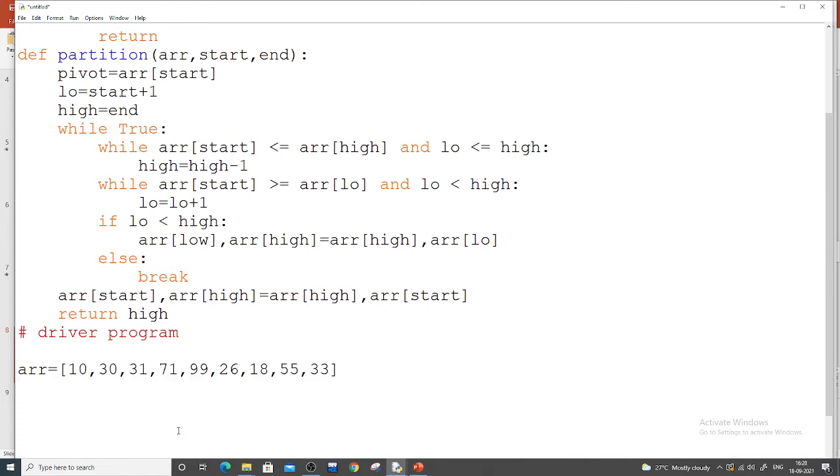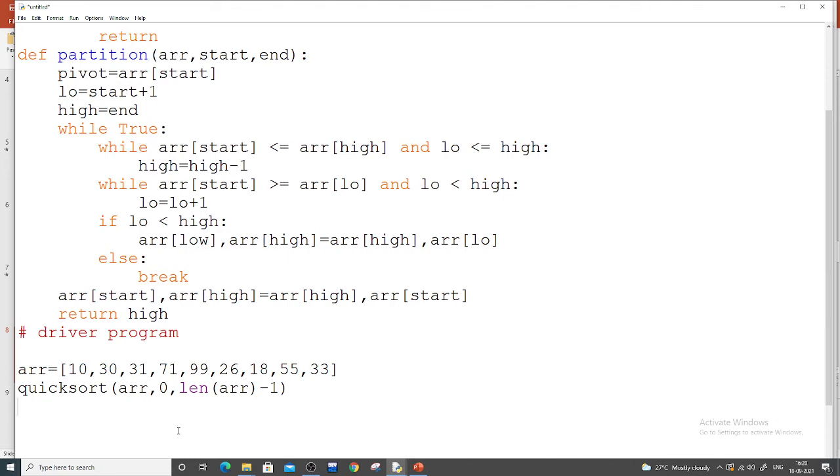Now I have to call my quicksort so that automatically it has to go there. The first parameter is my array and the second parameter is my starting position, that is 0, and the last parameter is my ending position. Ending position is the length of array minus 1, because the index always starts from 0, so the last index is length of array minus 1.